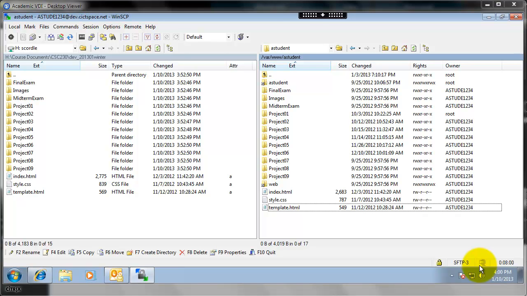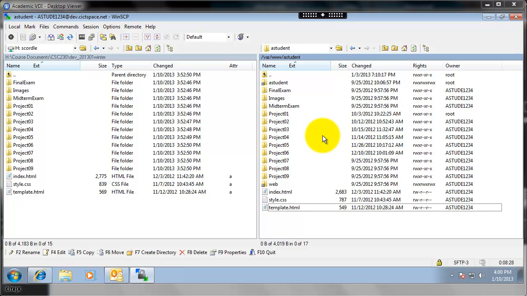In this video, we're going to discuss how to edit a page on the web server. So what I've done to prepare for this is I have opened up WinSCP through the virtual desktop interface. I am now on my student demo account, and if you'll notice over on the right hand side, I actually have the remote session open there to my H drive, and I've got a lot of folders and files over here ready, and they are exactly the same thing over here, on the local side,